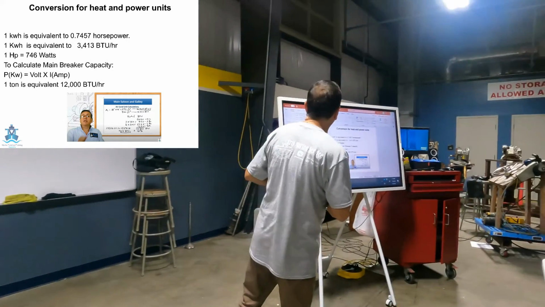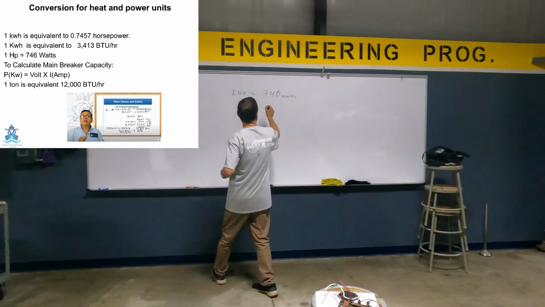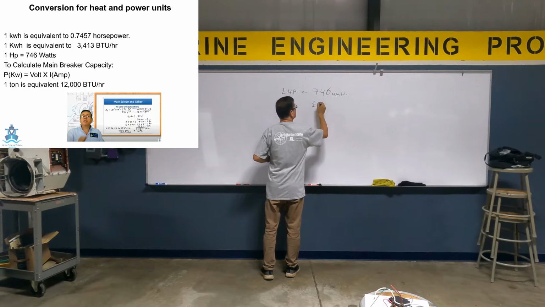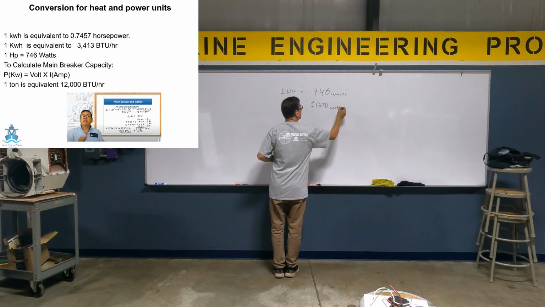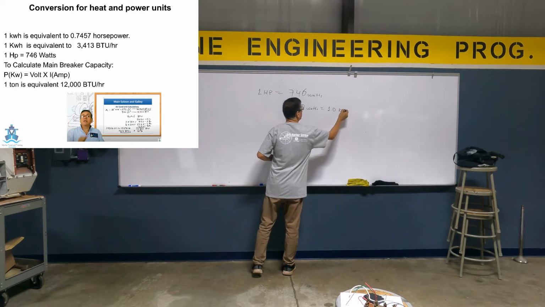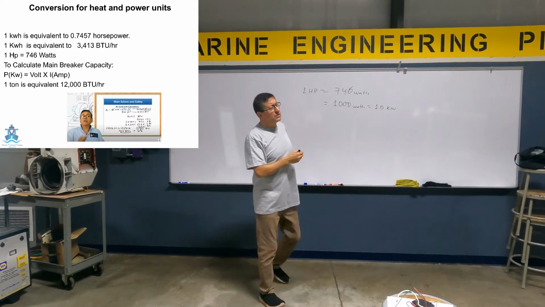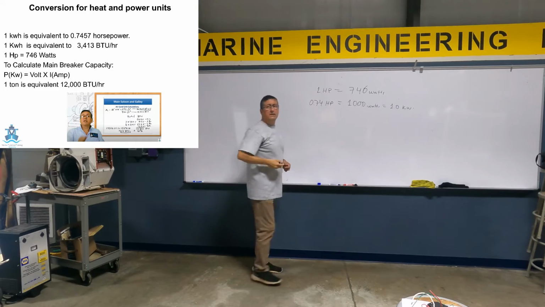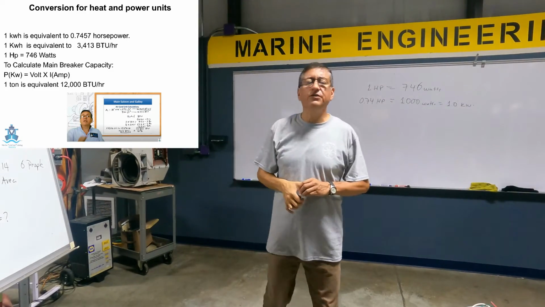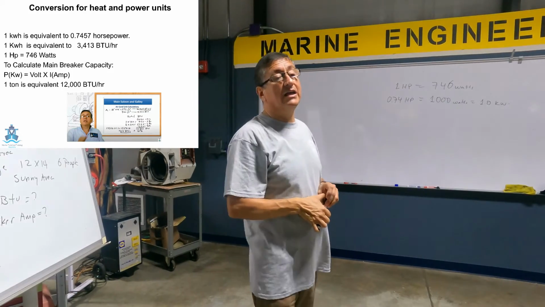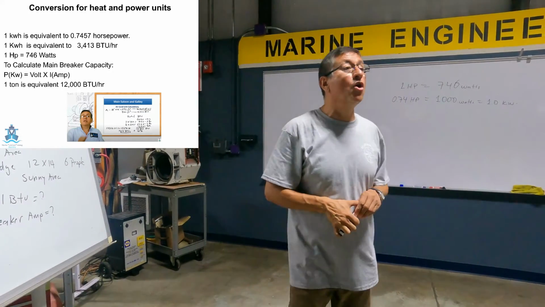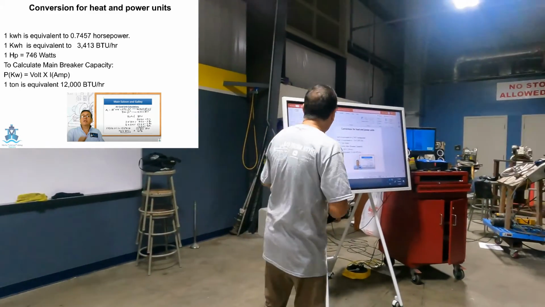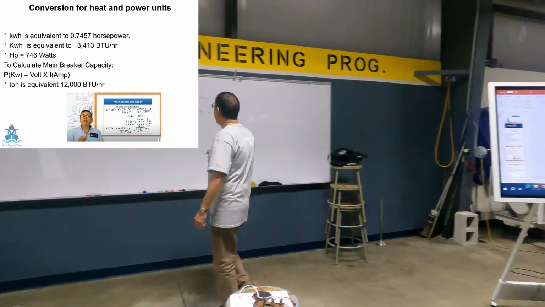This is exactly the same as 1 kilowatt, or 1,000 watts. 1,000 watts is equal to 1.0 kilowatts, which is equivalent to, how much is that? 0.74 horsepower. It's exactly the same. You can say 1 horsepower is 746 watts, or 1 kilowatt is equivalent to 0.74 horsepower. Okay? All right. Another important conversion is that 1 kilowatt is equivalent